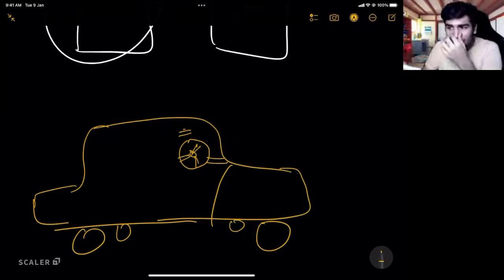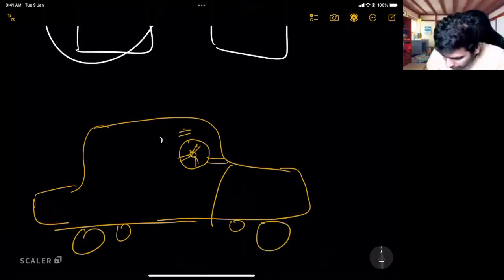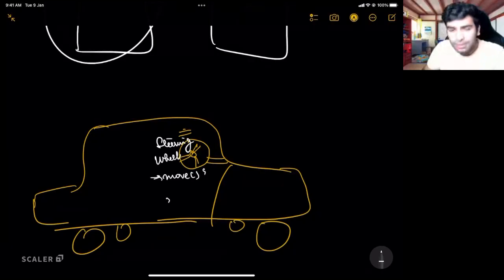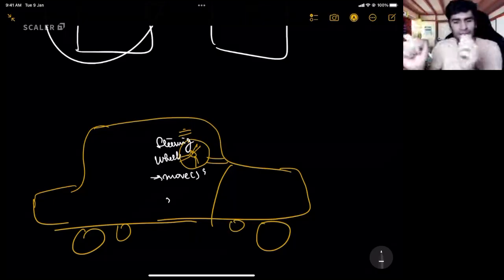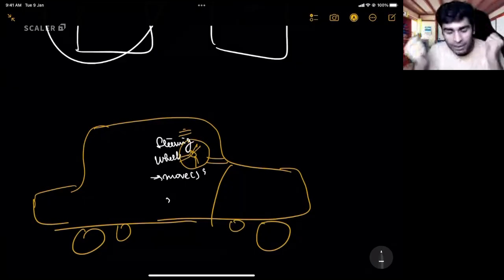That is the thing that happens with abstraction. In abstraction, this is an idea. This idea is of a steering wheel. The only thing that I'm concerned with is the move method of the steering wheel. I don't care about how it is internally implemented. I only care that this method takes this as the parameter and I'm done. Is that making sense?